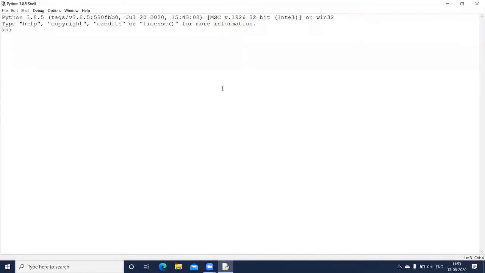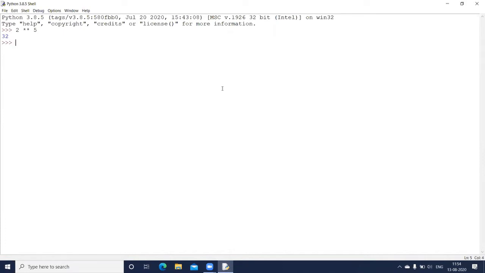The first operator which Python supports is the exponent operator. Asterisk is used for the exponent operator. I'll give an example here. If I want to find 2 raised to 3, I put 2 and then 2 asterisk signs. This operator having 2 asterisk signs is nothing but your exponent operator. Let us say 2 raised to 5, and here we get the answer.